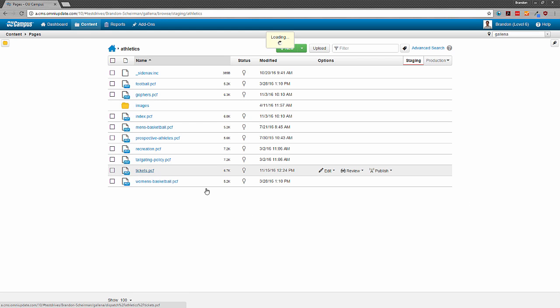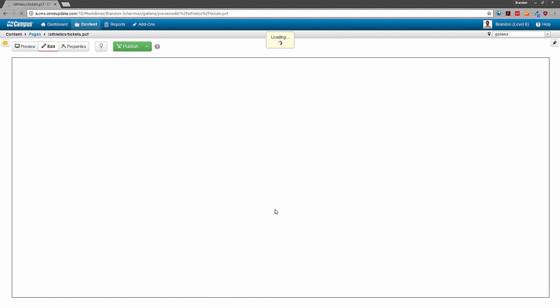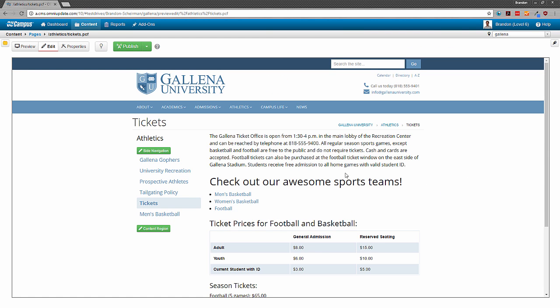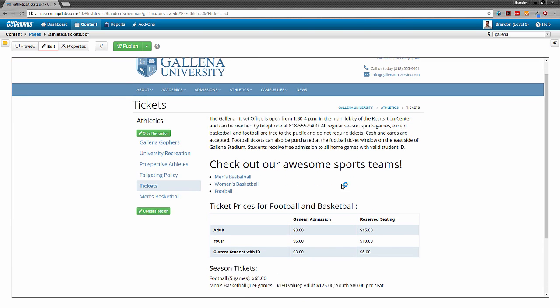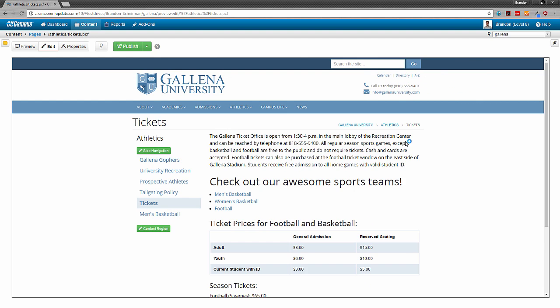Say for example, on one of my pages, I'm in the edit view of the page, and I want to enter the editable region to make some changes to the page. However, it looks like my editable region button isn't showing up on the page, and that's a problem. I don't know what's going wrong, so I'm going to reach out to a web administrator at my school to